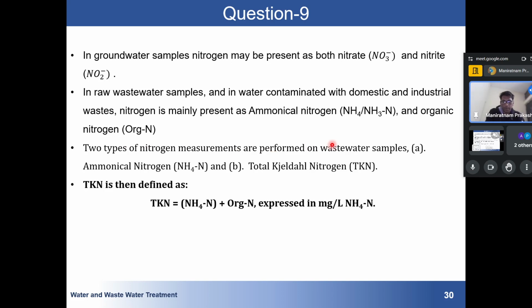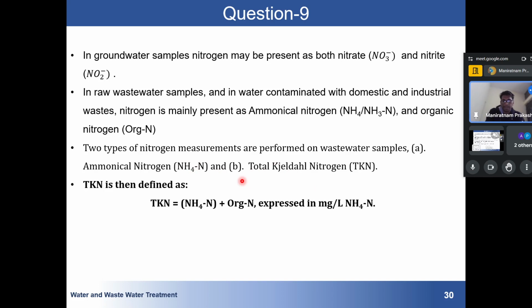Now my target is to measure that nitrogen. There are several things, but we have to measure that nitrogen present in the system. So this Kjeldahl method I was telling about, now. So what will happen that